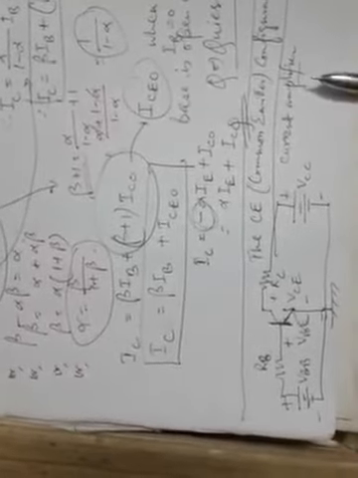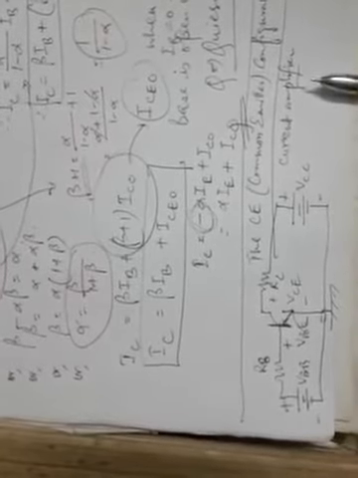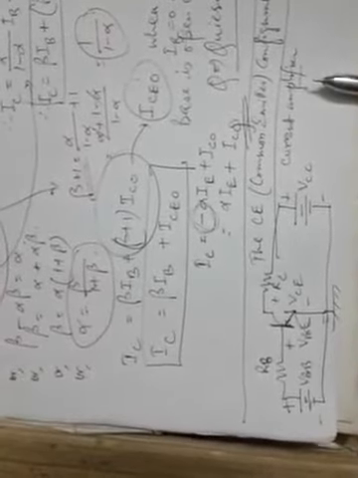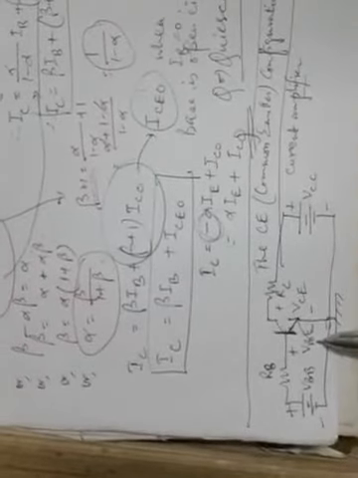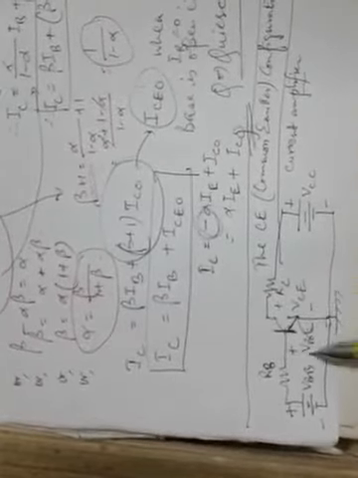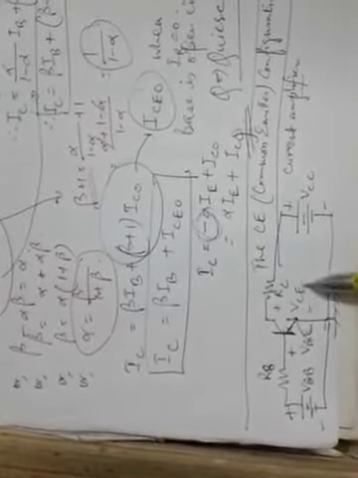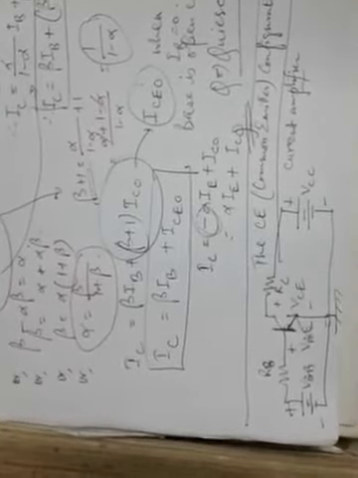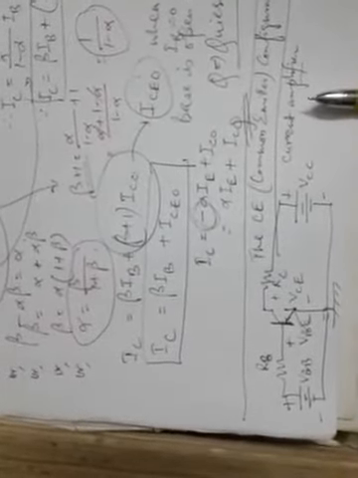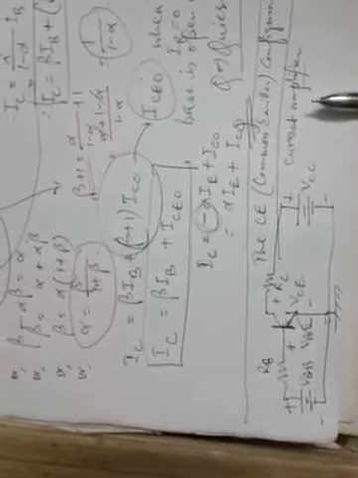But when the subscripts are different, that will mean the voltage is measured between two different terminals at which it is being represented. So suppose here we have written two voltages, VBE and VCE. VBE means it is the voltage measured between base and emitter, and VCE means it is the voltage measured between collector and emitter. So when the subscripts are different, it will mean the measurement is taken between two terminals, or between two nodes of the transistor circuit.